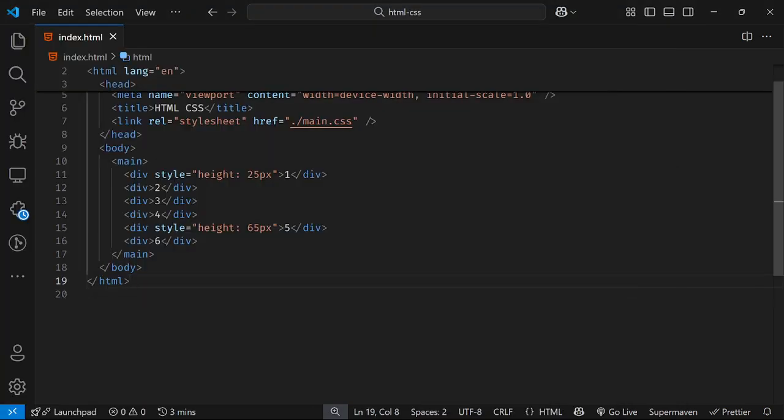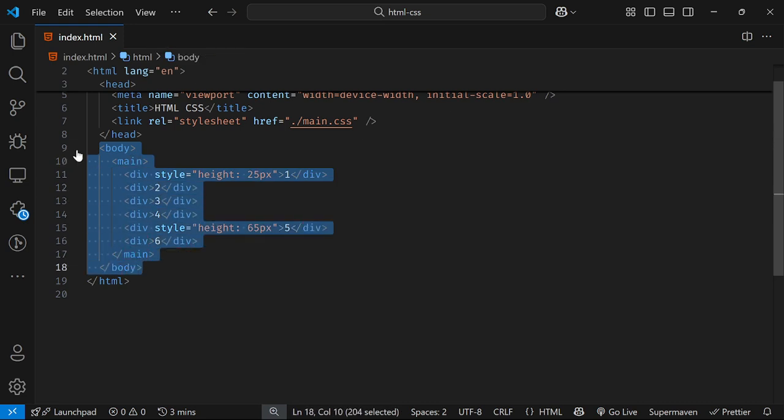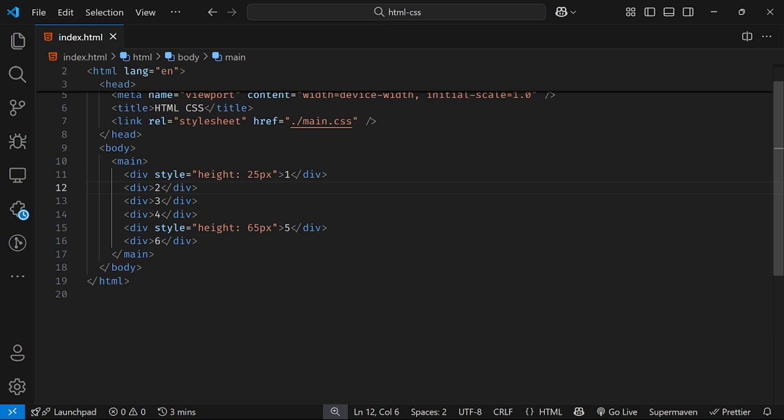Okay, so let me ask the question again. You've been given the code from line 9 to line 18. You are to apply display flex on any of the elements that you want, such that it would affect only this